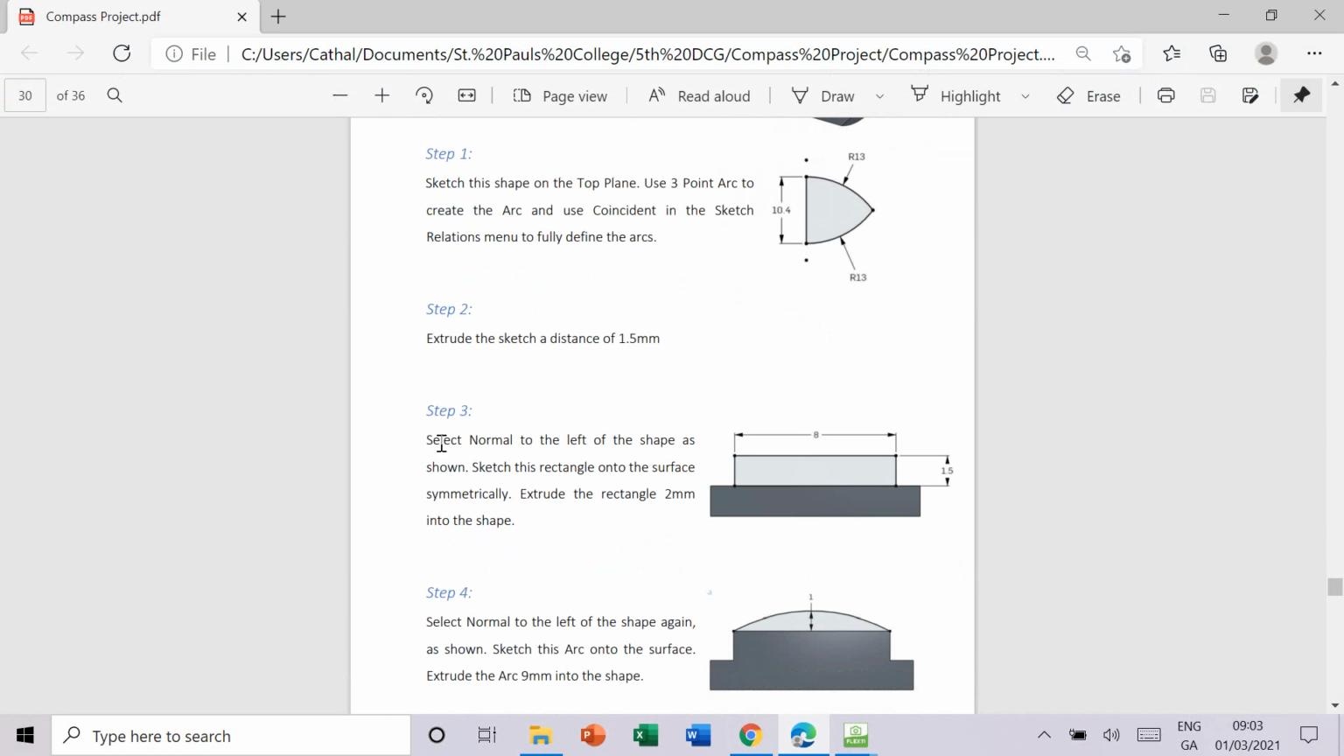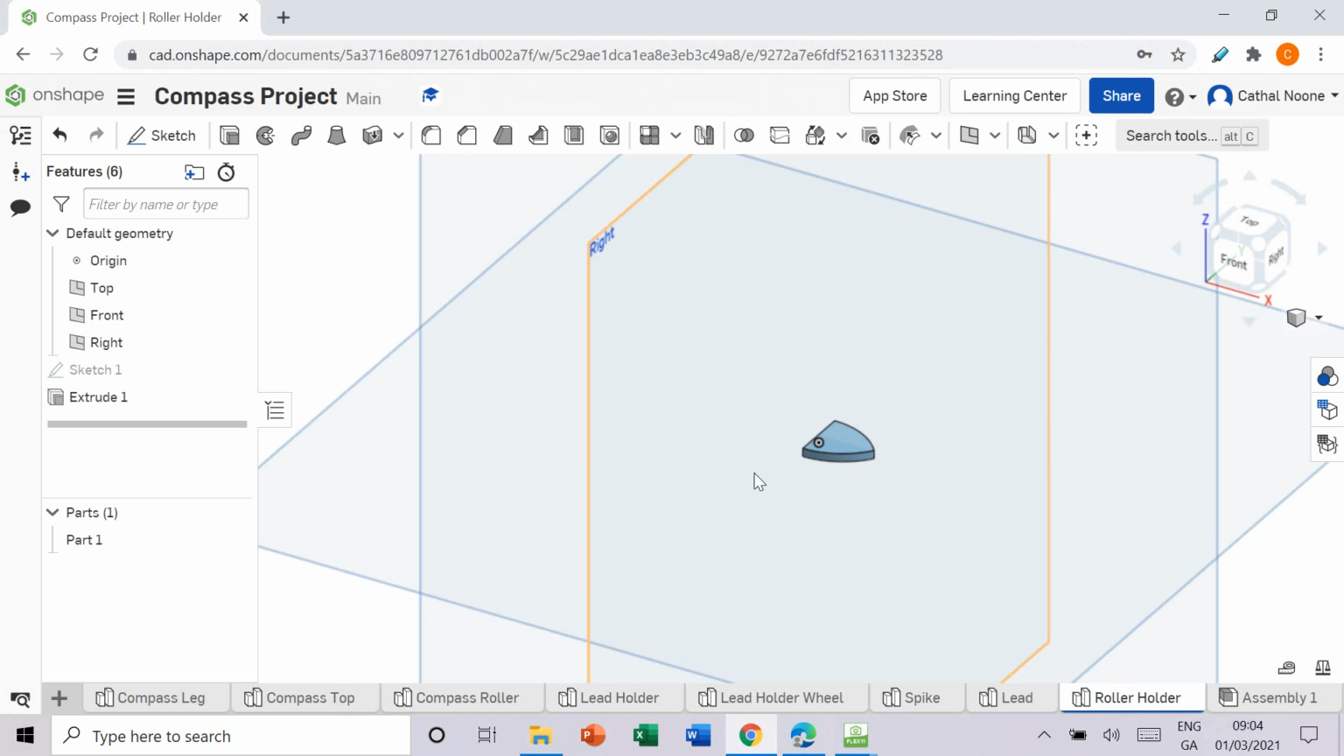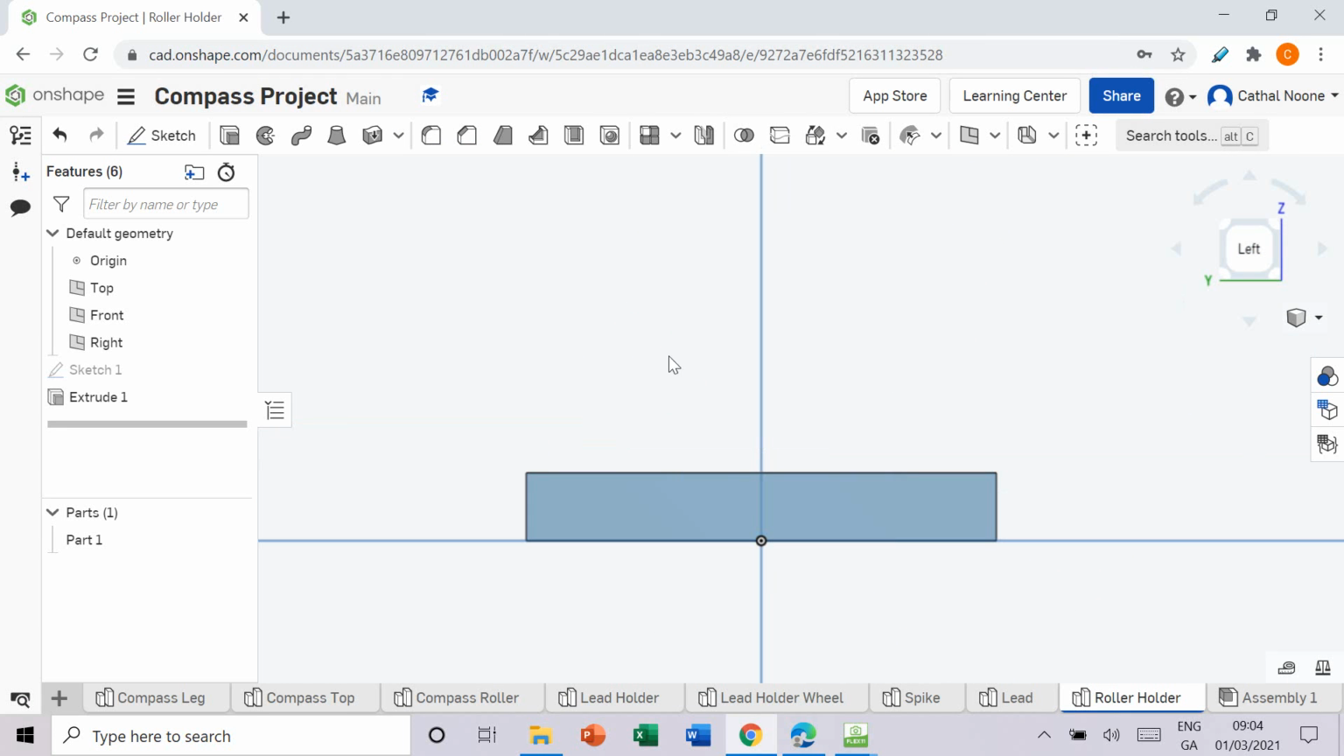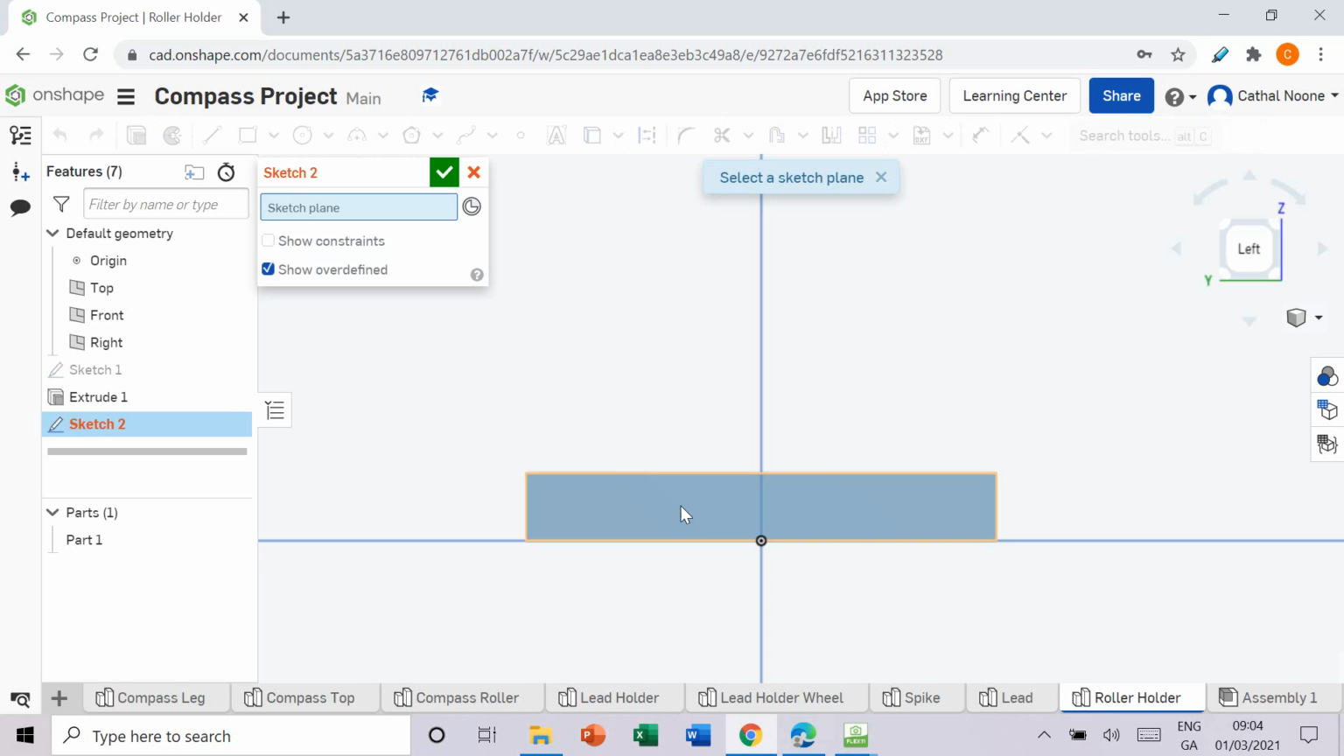Okay, step number 3. Sketch normal to the left of the shape as shown. So we're sketching kind of onto this back surface of the shape. Sketch this rectangle onto the surface symmetrically. So this is going to be centered, this rectangle. Extrude the rectangle by 2 mil. So 8 by 1.5. So back here, and as we said, we're looking in at this left side of the shape, and I'm going to do a sketch onto this surface,